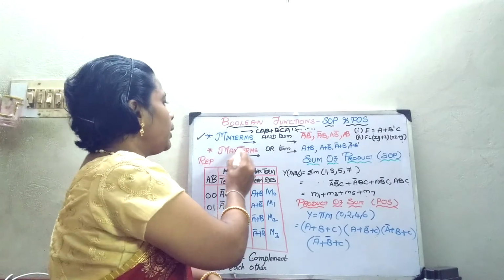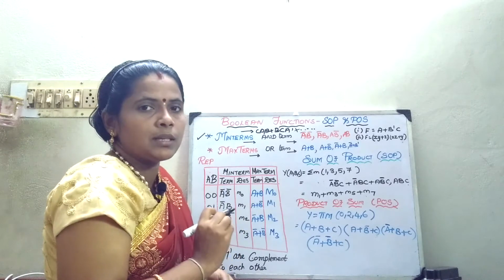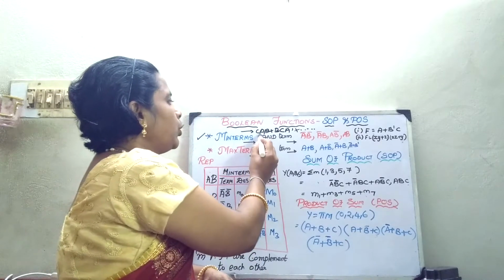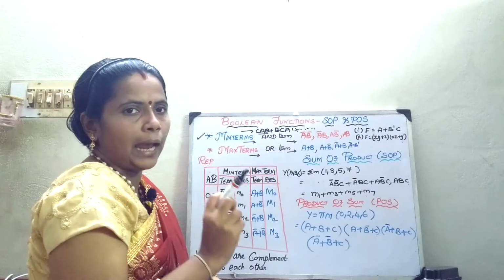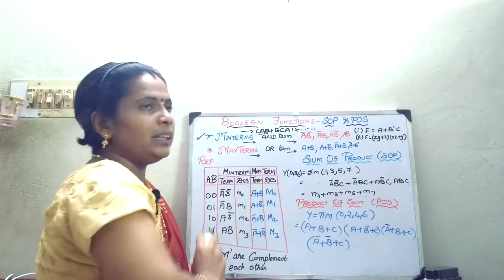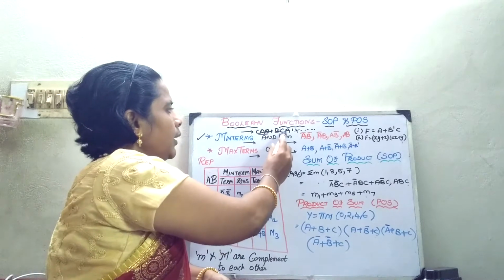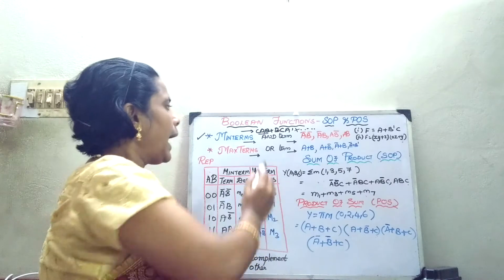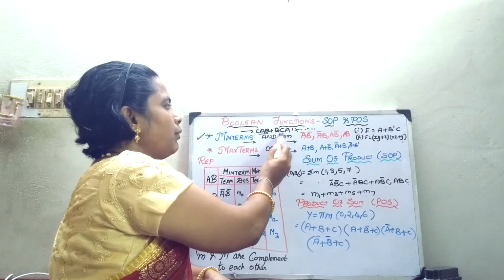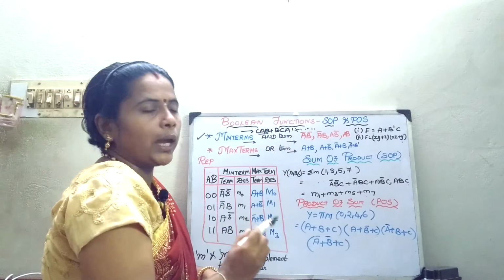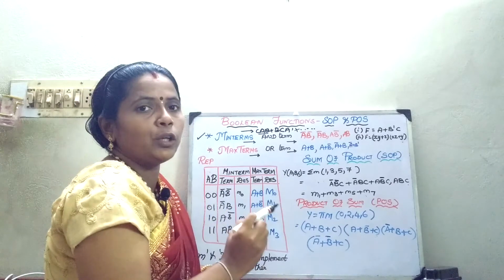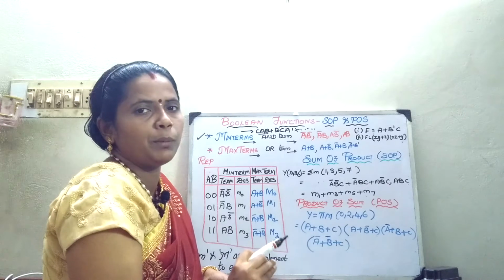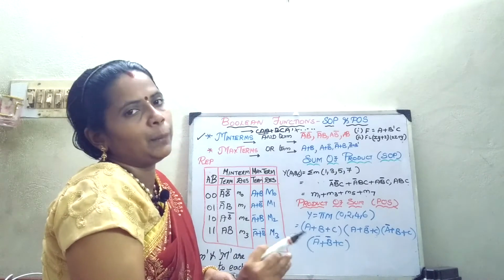What do you mean by min term? Min term is nothing but every AND term, as I told you, A into B into C. This is one AND term, so this is called a min term. Then here A bar BC is another min term. Any AND term, which is going to create the function of your AND gate, expressed for variables either in normal form or in complemented form, is called a min term.